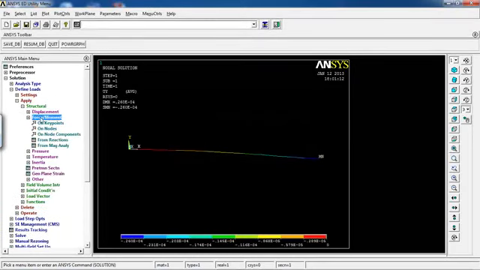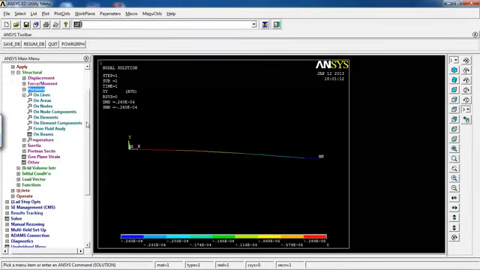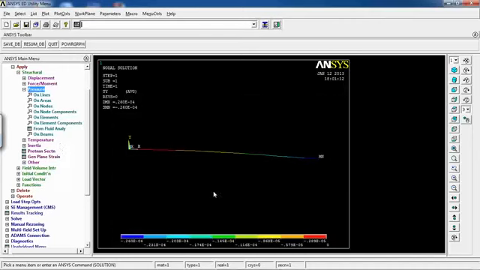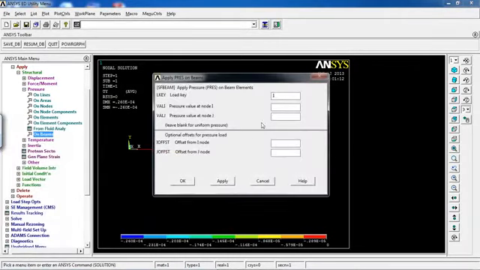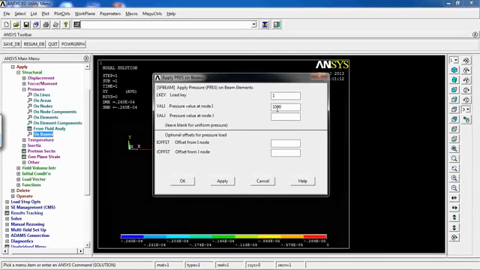I can come to apply, come to pressure, and one thing you have to remember, that in order to apply pressure on a beam, you don't go to pressure on elements. Instead you come to pressure on beams, because this that we have defined is a beam. So I come to here, click on beams, and I pick the middle element, click OK, and I pick minus or 1000. The reason I'm picking 1000 is that this is pressure. So when you give a plus value for pressure, it goes toward the element. But if I pick minus 1000, it will go upward, so opposite to the direction of the